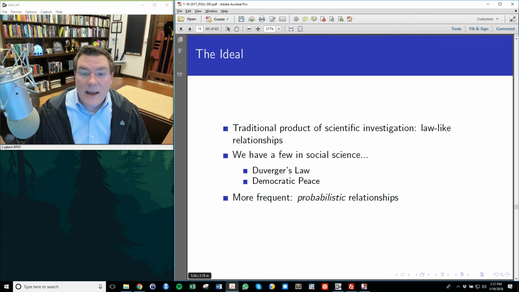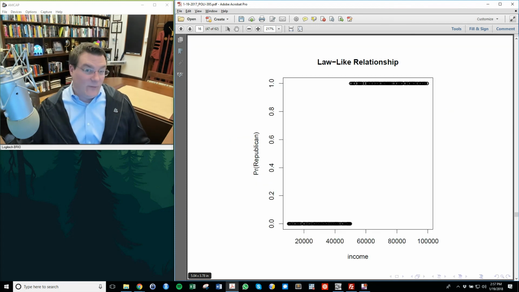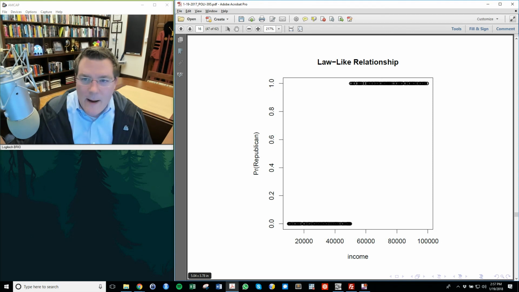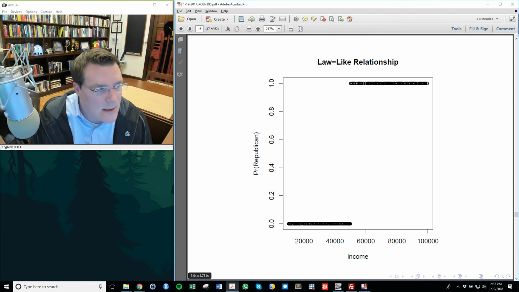However, it's much more frequent in social sciences to not see law-like relationships, but to see probabilistic relationships. And let me give you an example of what this looks like. So let's say I'm studying the relationship between voting patterns and income, okay? Personal income, the amount of money I make.